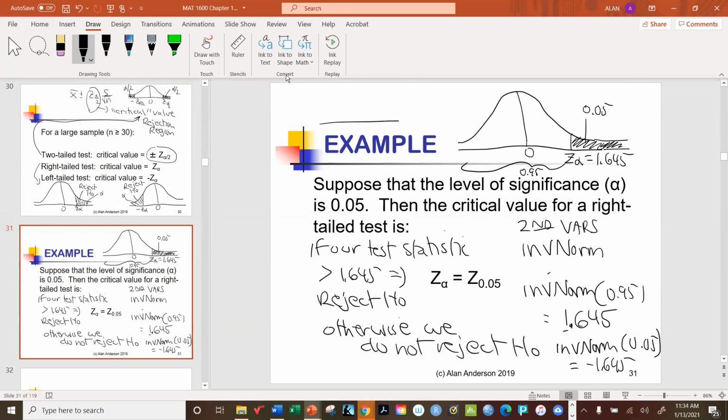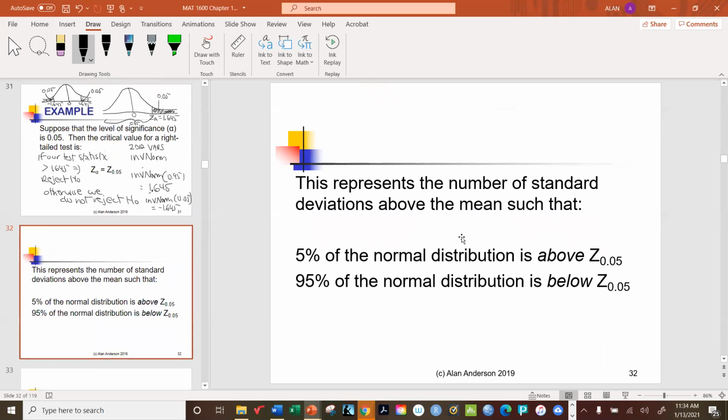Okay, so in other words, and again, I'm desperately short on space here, 1.645 up here has a right tail of 0.05. Down here at negative 1.645, we have a left tail of 0.05. So if we had a left tail test here, then you would have chosen the negative 1.645. Right, so if it's a right tail test, we use this one. If it's a left tail test, we use this one. Got it, thank you. Okay, now, of course, if it's a two-tail test,